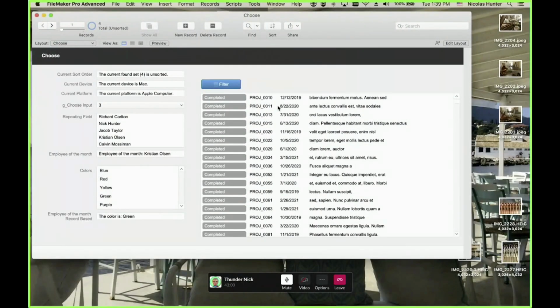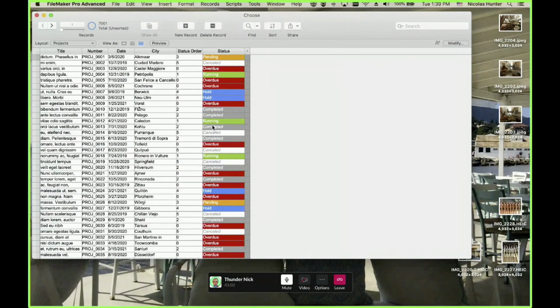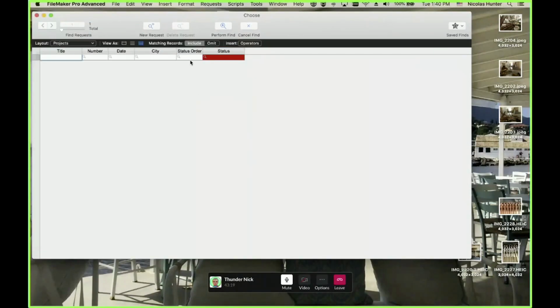But I want to say something, and I forgot what I wanted to say. Oh yeah, sorry. Here is another thing that is interesting. I want to search my status. Sometimes you want to search for status and do something like this.